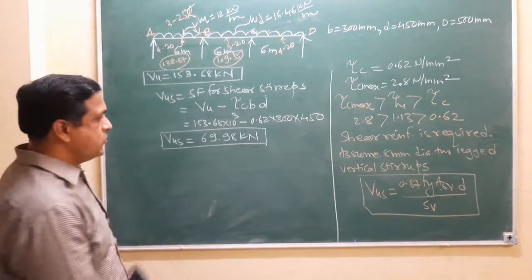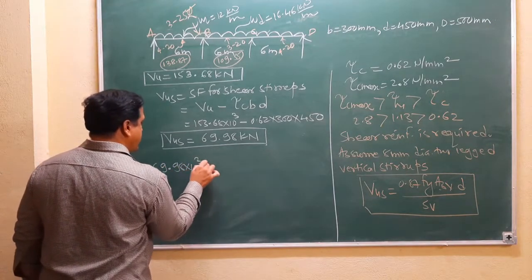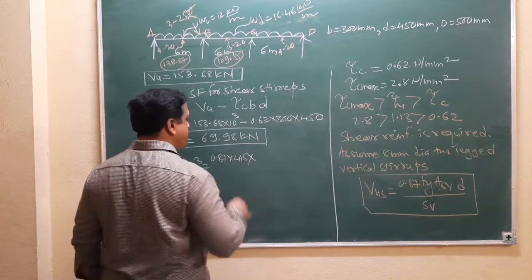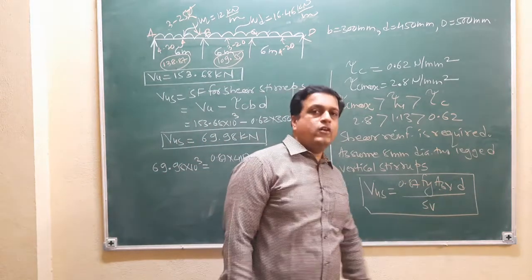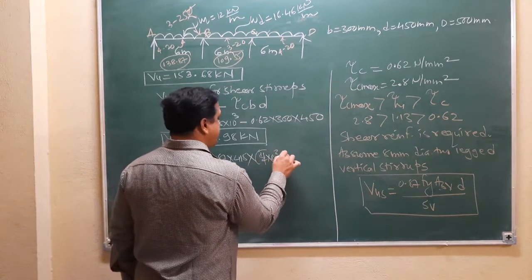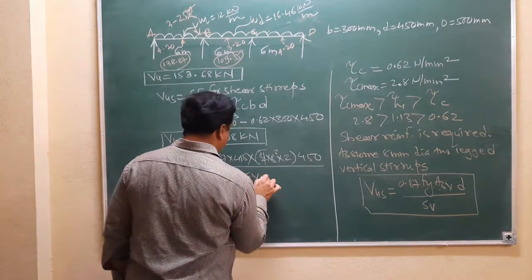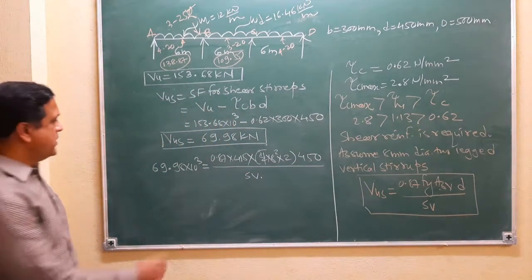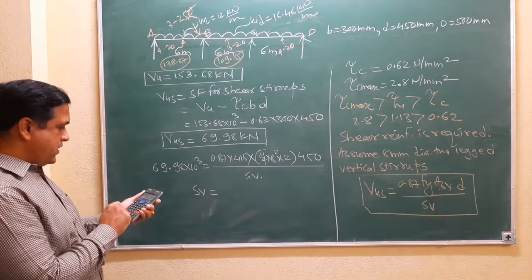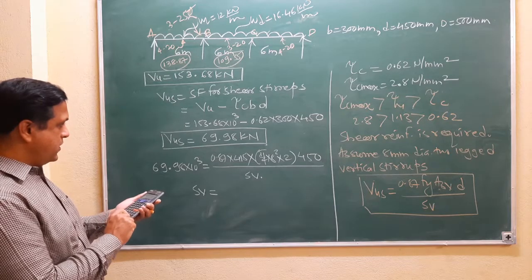For this shear force, you have to design the spacing. You have to find out the spacing. So put this value here. VUS is 69.98 into 10 raised to 3 in this formula. It is 0.87 Fy, Fy is 415. What is the ASV? ASV is the area of one stirrup bar multiplied by legs. That means pi by 4 into 8 square into 2-legged. Depth of the section is 450 divided by SV. Now find out the spacing using this formula. So 0.87 Fy is 415 into 100.53 into 450.